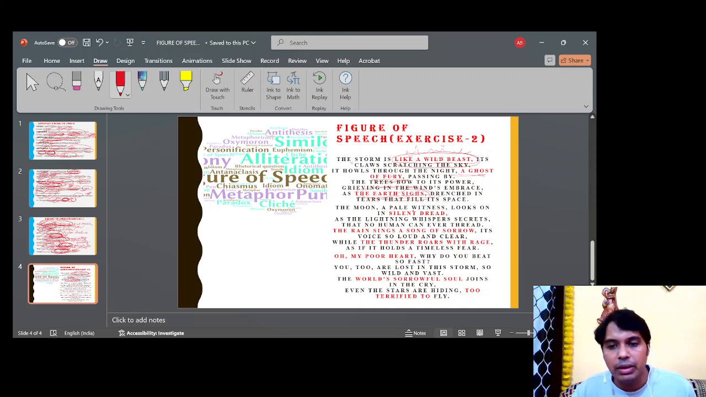The moon, a pale witness, looks on in silent dread. Now see this word, silent dread. Tell me, what is the poetic device used here? Now silent dread, you will find, is an oxymoronic expression. Why? Because silent, we know, is a numbness. Now dread means you are horrified. Now what would be the expression of a person being horrified? Of course not silent. So in that sense, silent and dread are opposite and juxtaposed, so it is oxymoron,